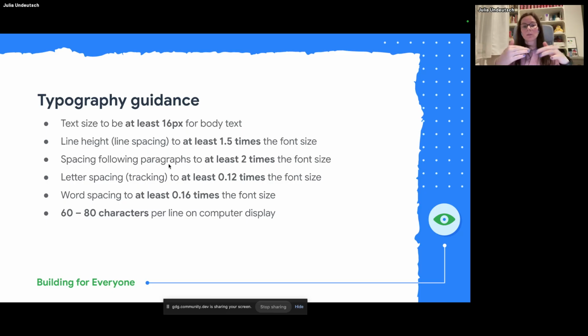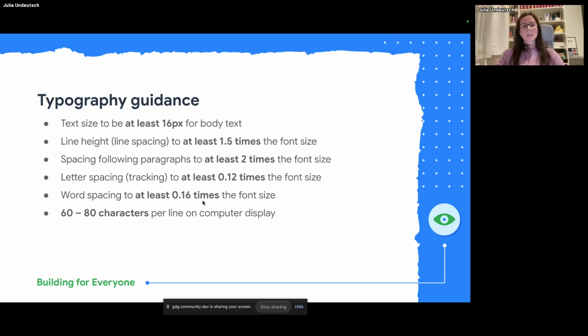The spacing following the paragraphs should be at least 2 times the font size. The letter spacing, also called tracking, is at least 0.12 times the font size. The word spacing is at least 0.16 times the font size.